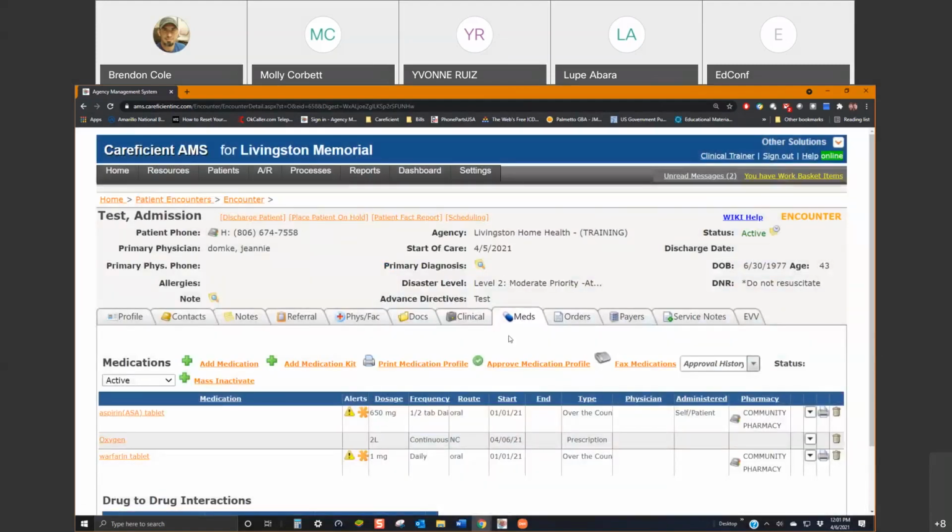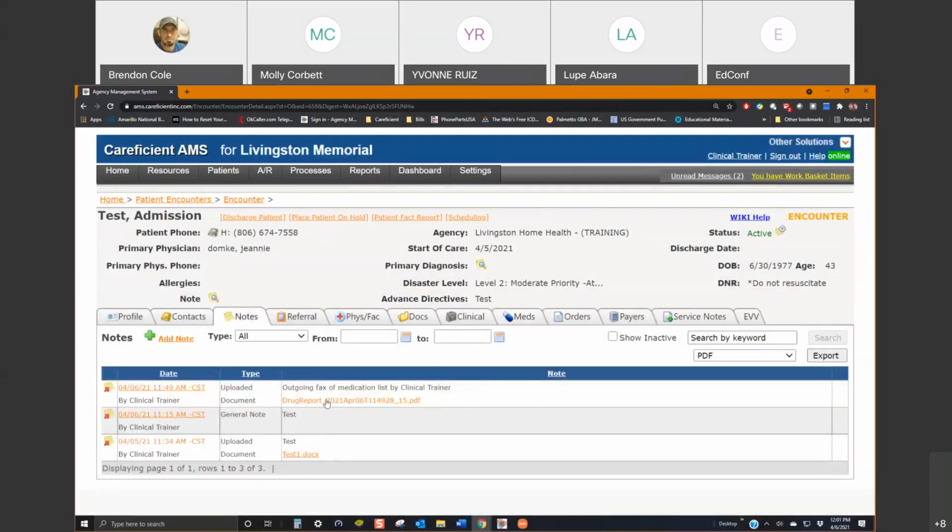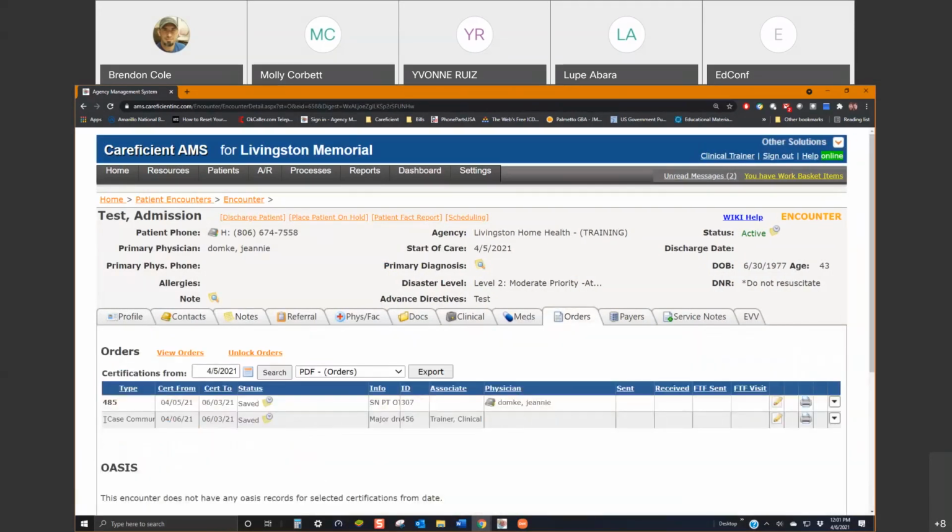The bad thing about that is you'll get a note under the Notes tab that shows that this was faxed. So just like this one, it shows that it was faxed and what was faxed. But I think a lot of agencies prefer this method because this is managed with the orders, so they can make sure that it gets sent out to the doctor. Now, case communications are just notifications to the physician. They do not require a physician's signature, but you do have proof that you did fax that to the physician if you do it this way,